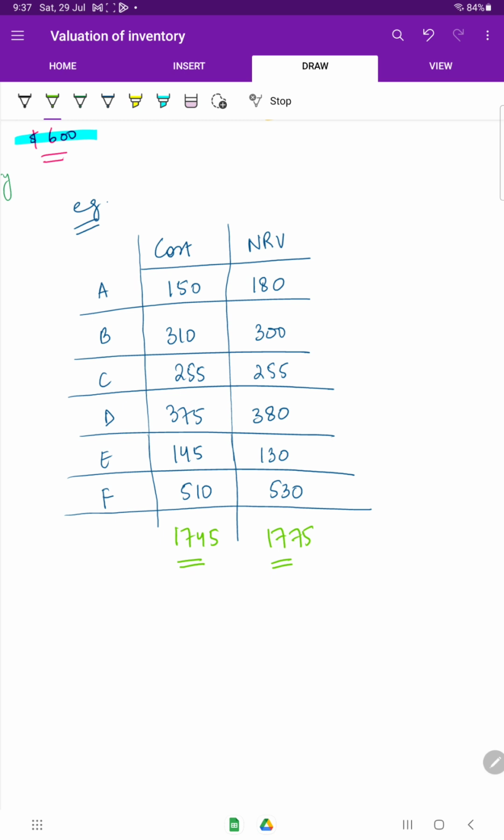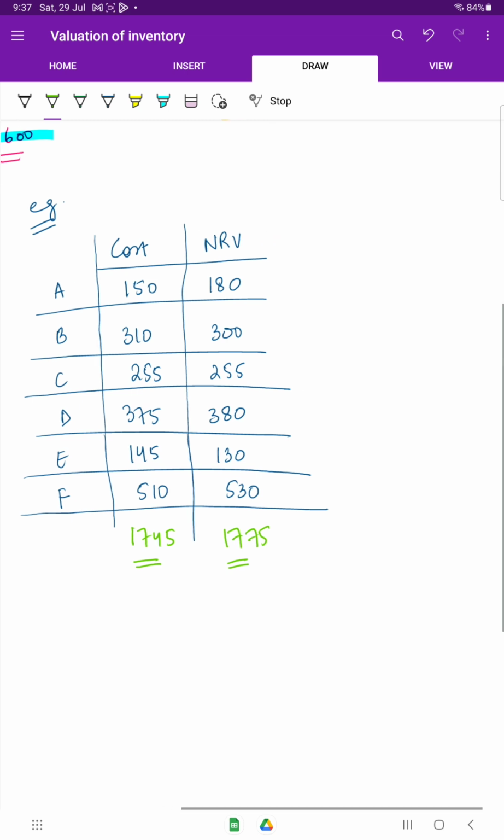So what students usually do, they see the lower of the values, which is 1745, and they go for it. This is not the correct way. The correct way is that you will see the lower of the two, lower of cost